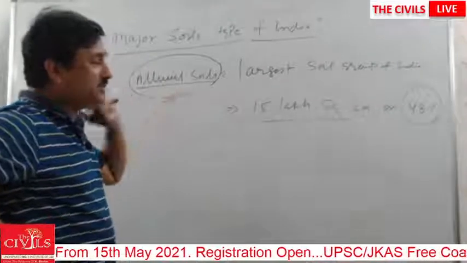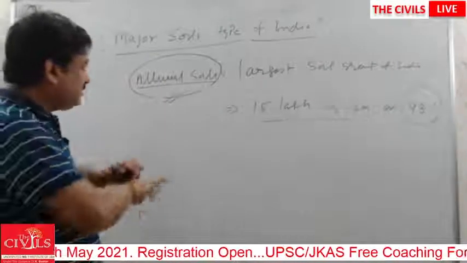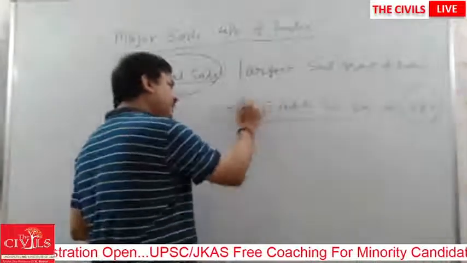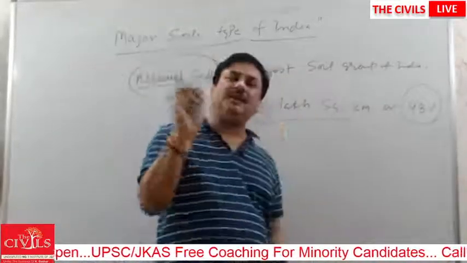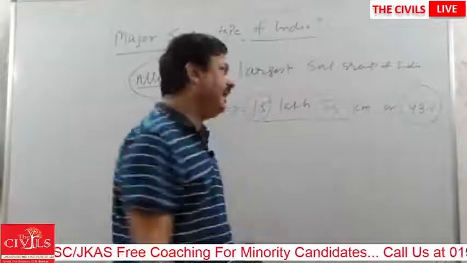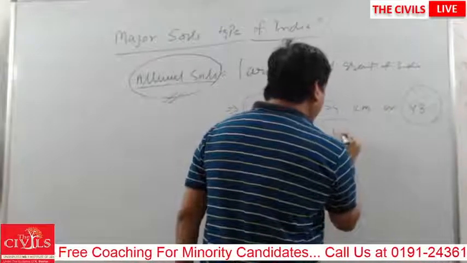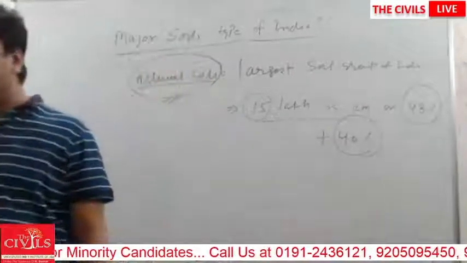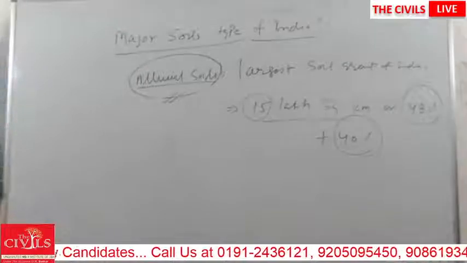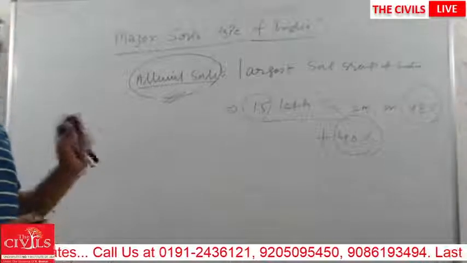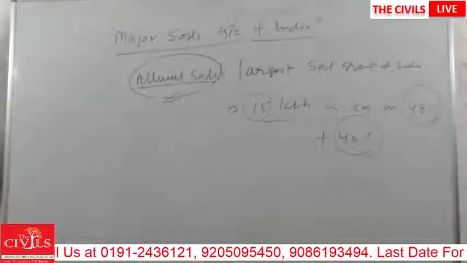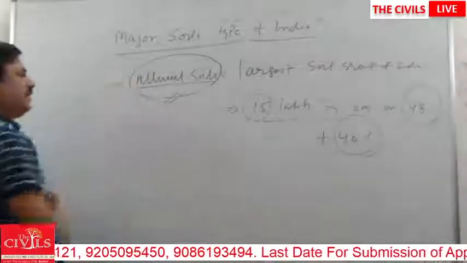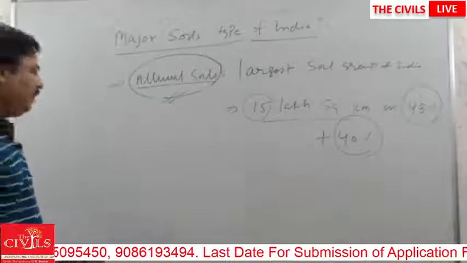It is the largest soil group of India, covering about 15 lakh square kilometer or 43% of the total area of India, and supporting more than 40% of the total population of India. So this is the main soil group of India. Okay, alluvial soil